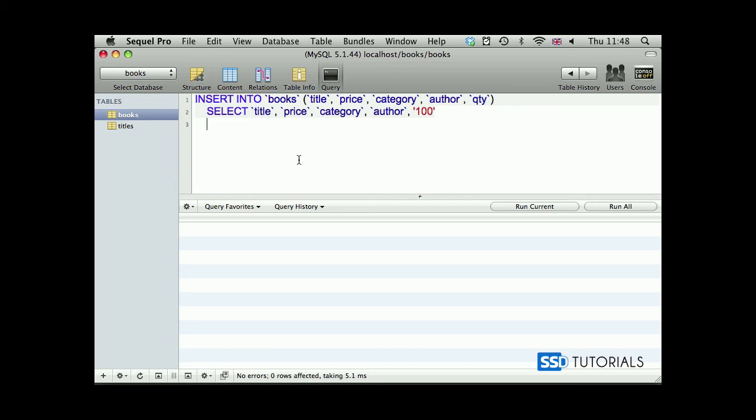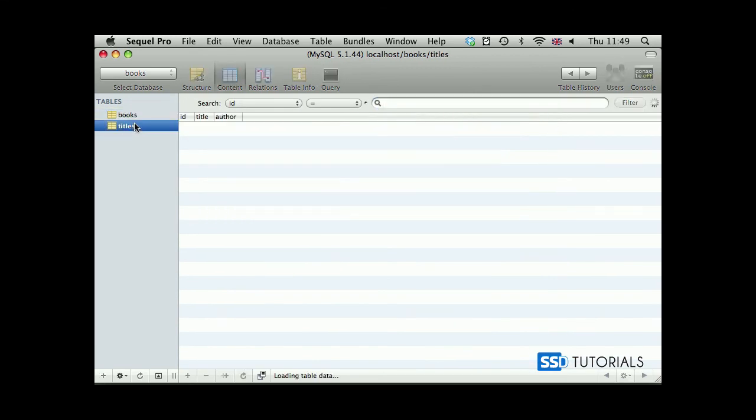Then we go for the from books table, and this time we're going to provide a where statement. So where ID is in, and now we define which records we want to put. So ID 1, ID 2, and ID 3 only. So all these IDs will be duplicated, and the quantity associated with these records will be set to 100. So now if we run the current statement, now if we go to the content, we need to refresh